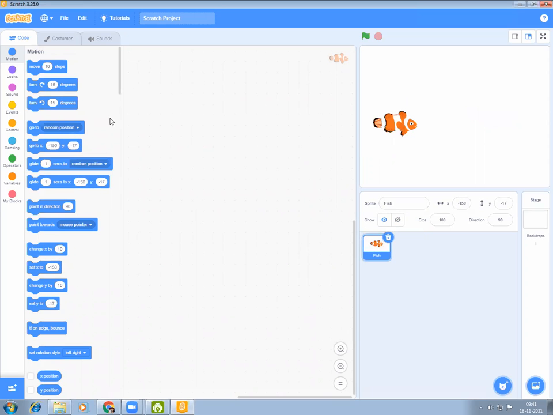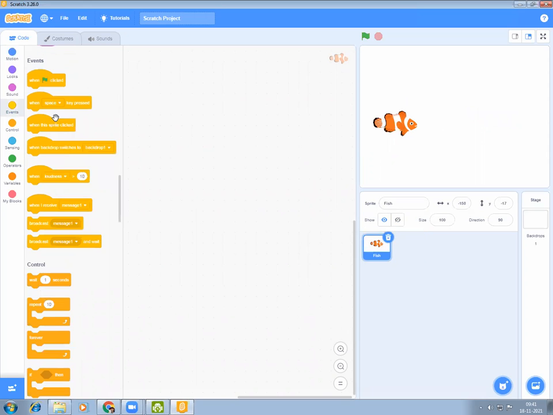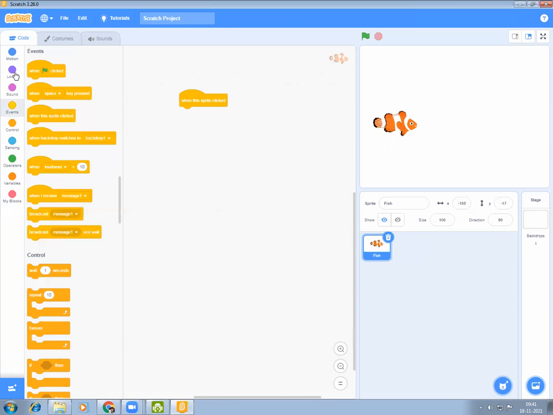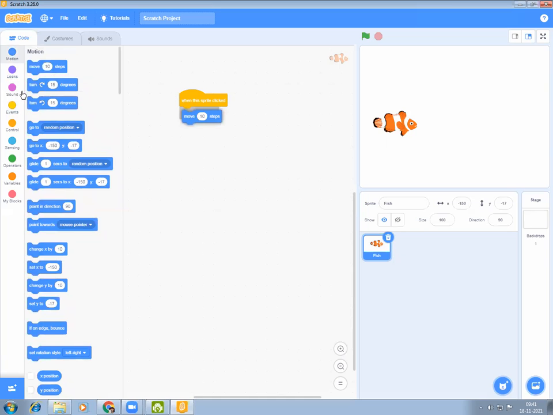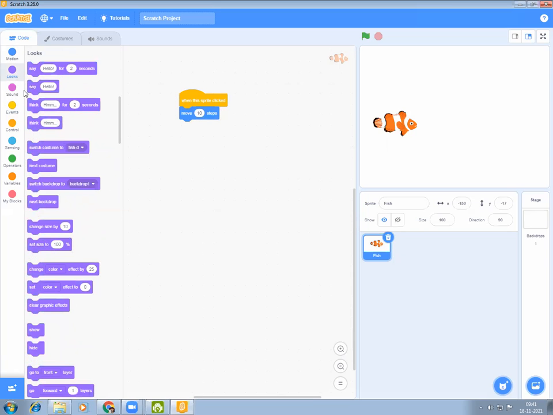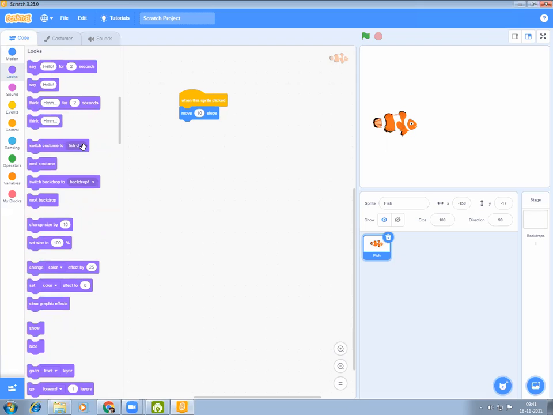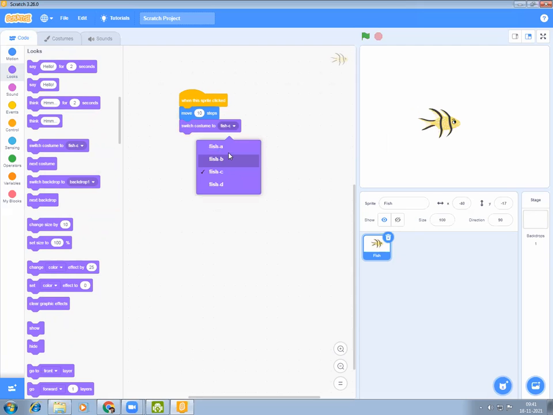Okay, so events, when this sprite is clicked, motion, move 10 steps, looks, switch costume to fish C or fish A. So in this case, we have to click on the sprite only.